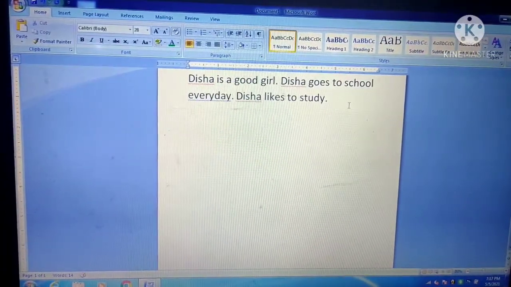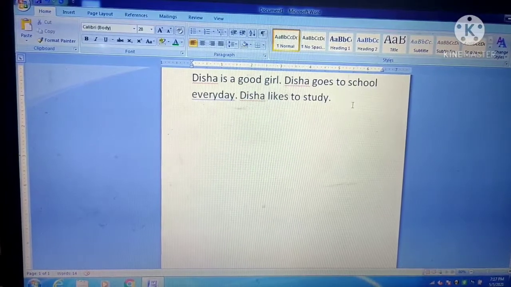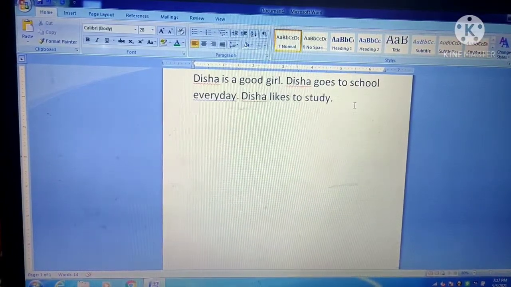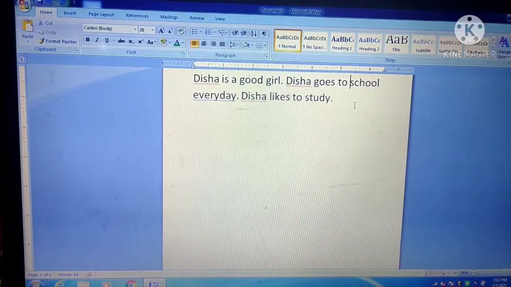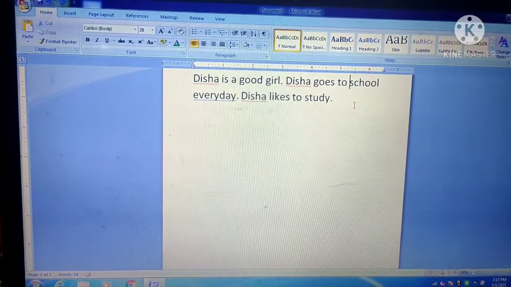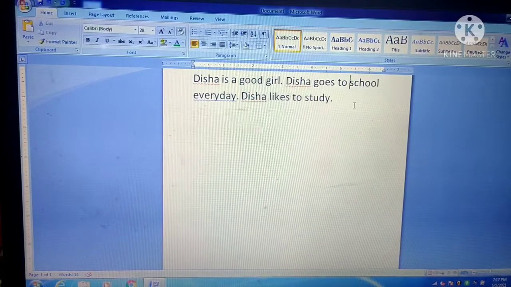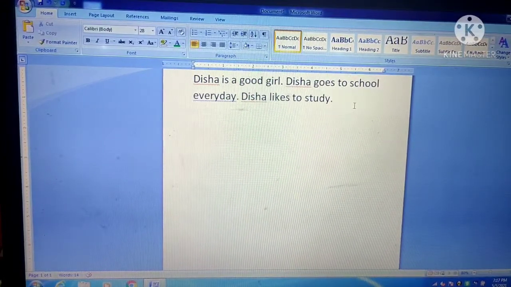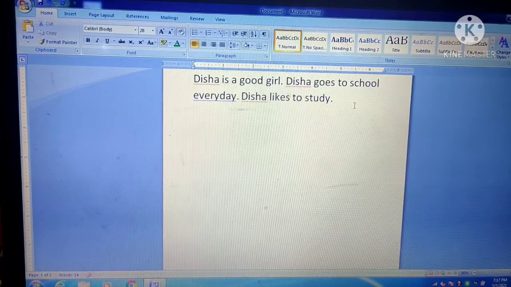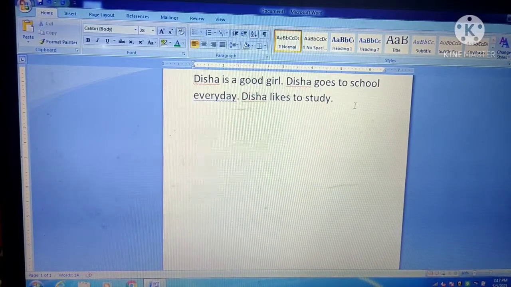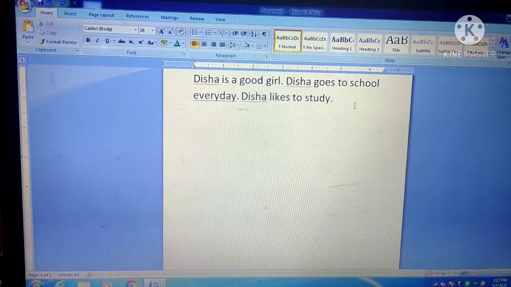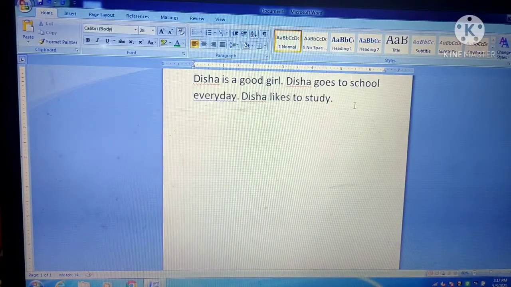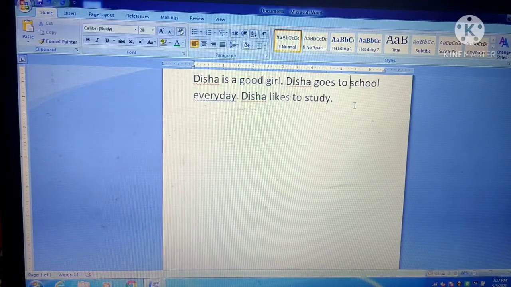Paragraph formatting. What is a paragraph first? A paragraph is a collection of one word, one sentence, or multiple sentences. Okay. In Word, you can have one word, one sentence, or multiple sentences in a paragraph. Okay. So, this feature of paragraph formatting lets us control the text which is arranged in a paragraph.